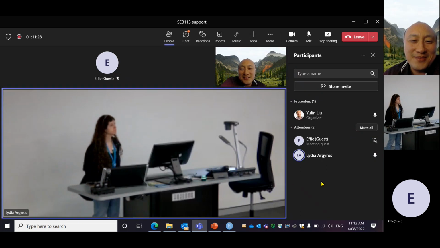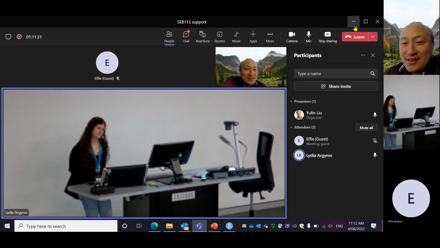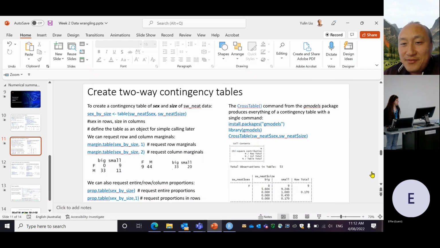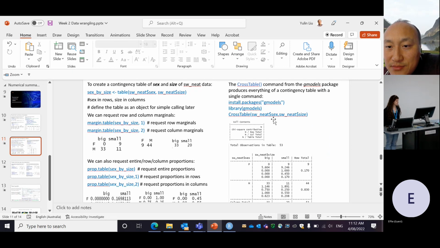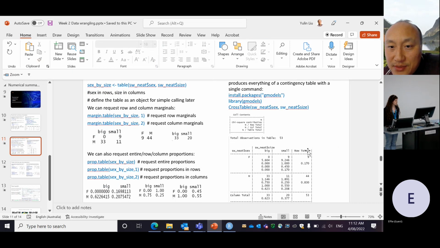It should be straightforward, this part. Okay. And if you don't want this step-by-step thing, I'll tell you there's a shortcut. If you install this package called gmodels, and then use the package gmodels, there's a function in gmodels called CrossTable. And then you just put the two variables you want, and the CrossTable function in gmodels will spit